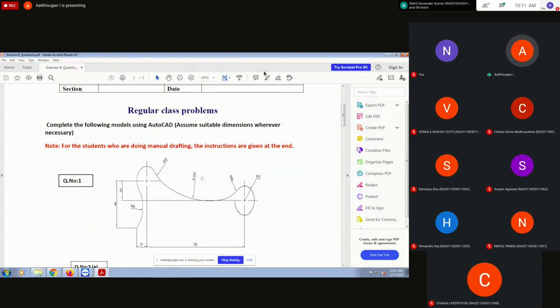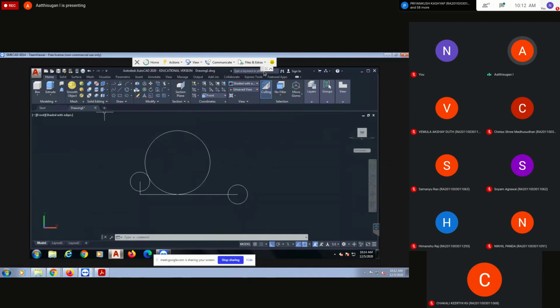I'll draw this one later. First we draw this radius 150 mm, this radius 50 mm. This will be tangent to this circle as well as tangent to this line. Further, you can draw the same again with tan radius.